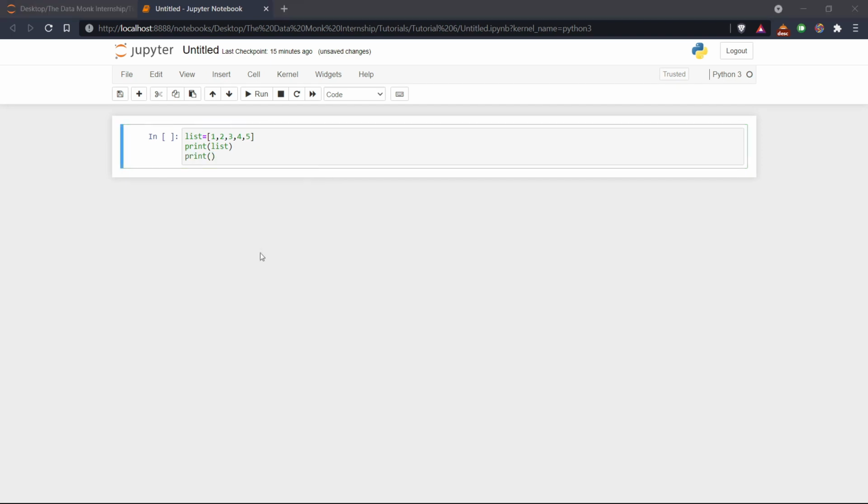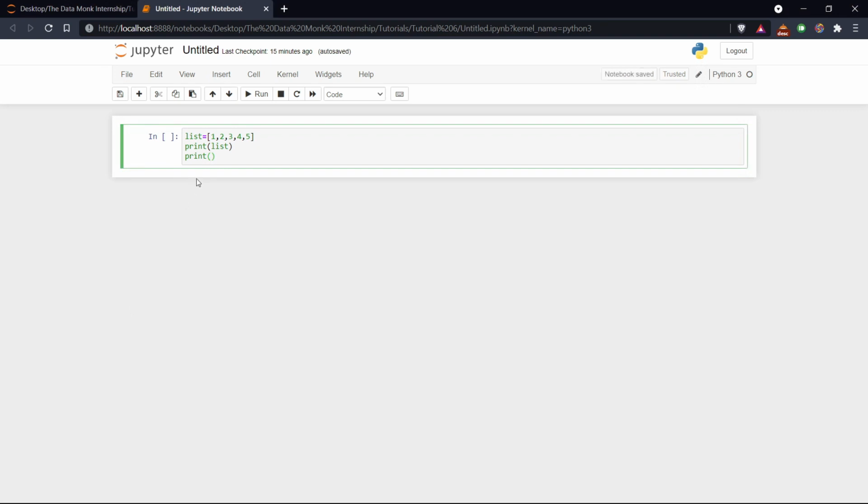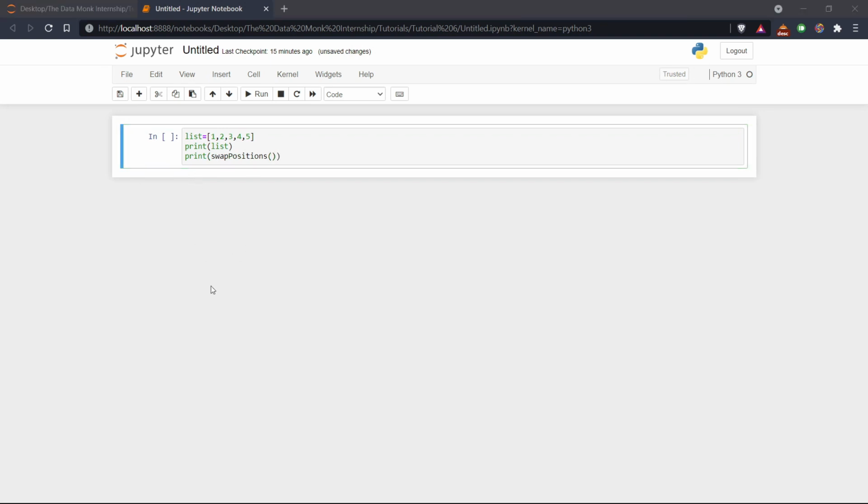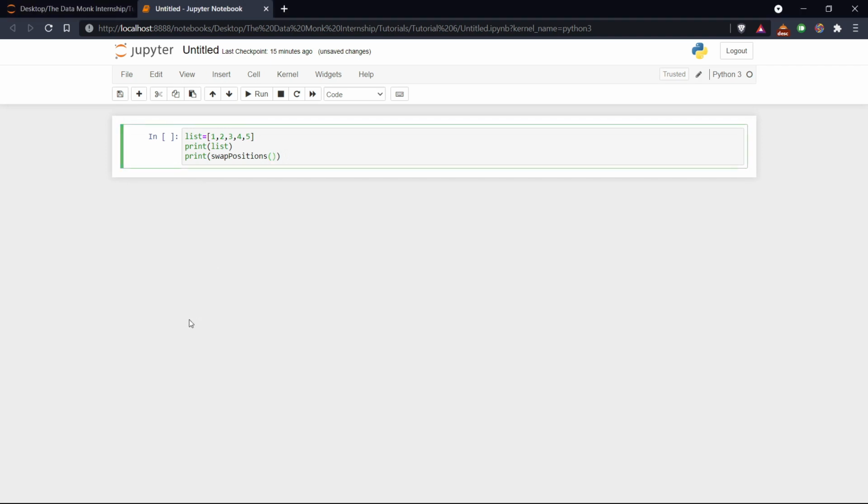For that we will have to call the function, which let us name swap positions. But we have to pass some parameters to the function. Those parameters are the whole list, then the position 1, the position of the first element that is to be moved, and pos2, which is the position of the second element to be moved.